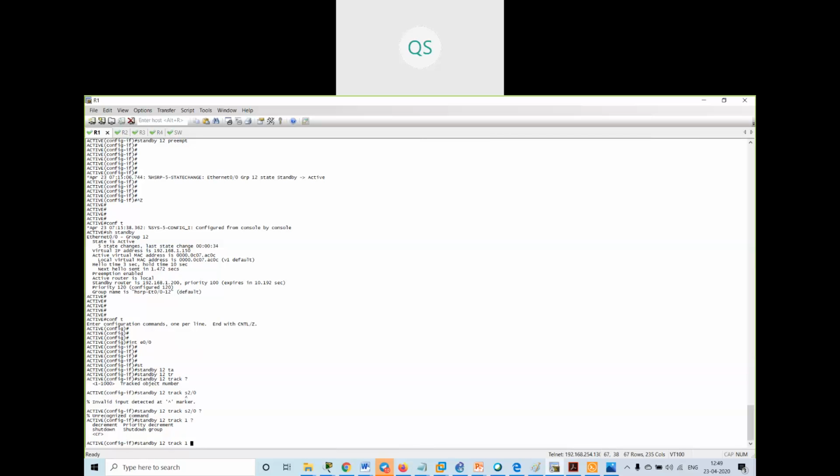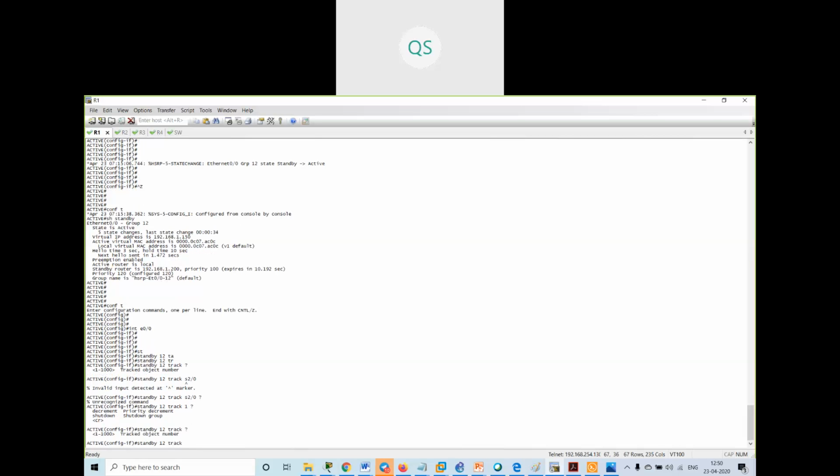Why is it giving me this command? See, the command is standby. I think EVE-NG is giving the higher version, it is directly running VRRP.